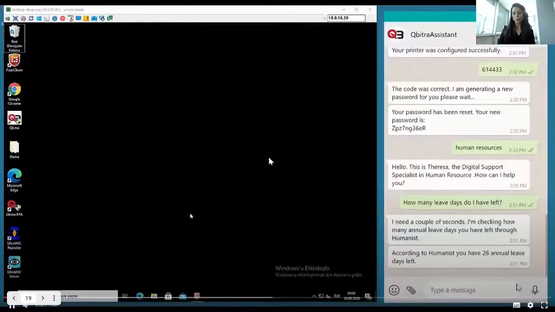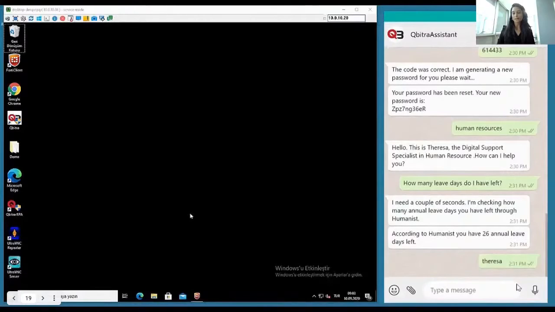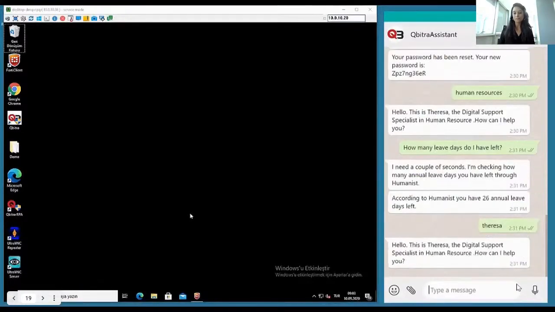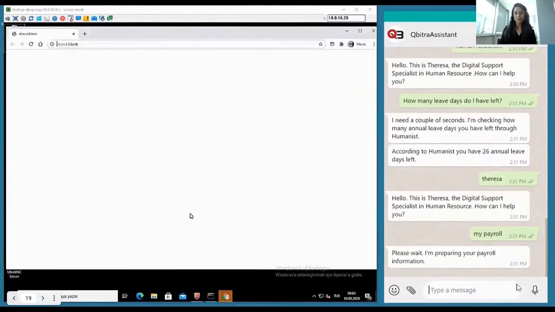Basically, the conversation is going on, and the employee is calling for Teresa. Teresa is the digital support specialist in human resources. The employee is asking about the payroll. At the same time, the bot starts to run and prepare the payroll information. Of course, the employee can do all this, but to access a determined person or reach a determined department,